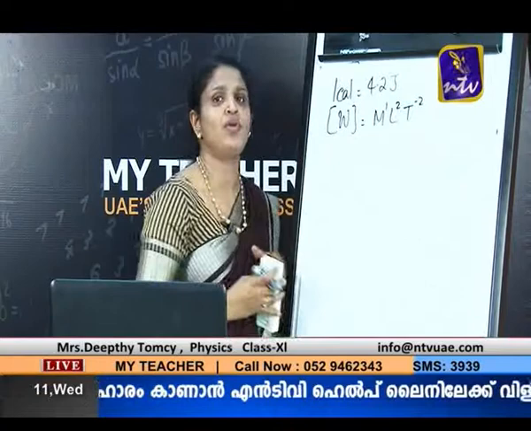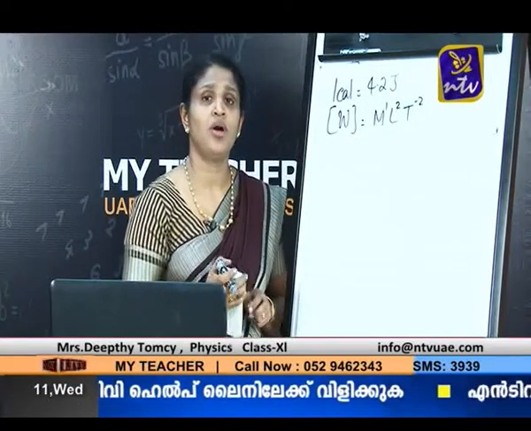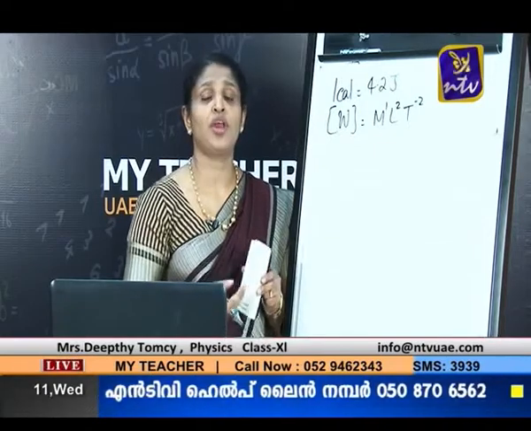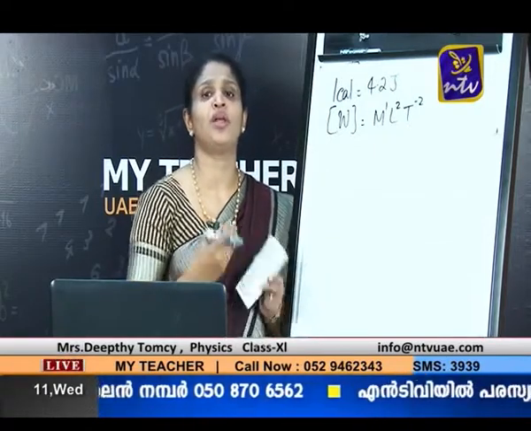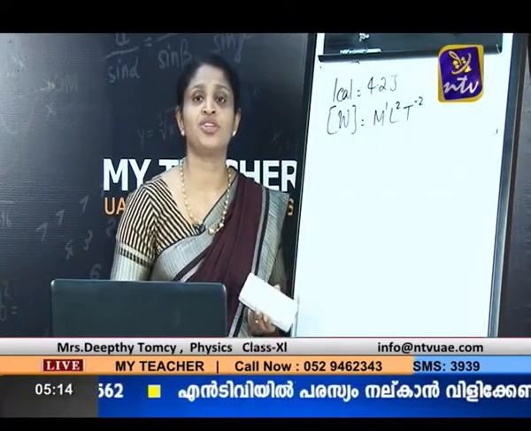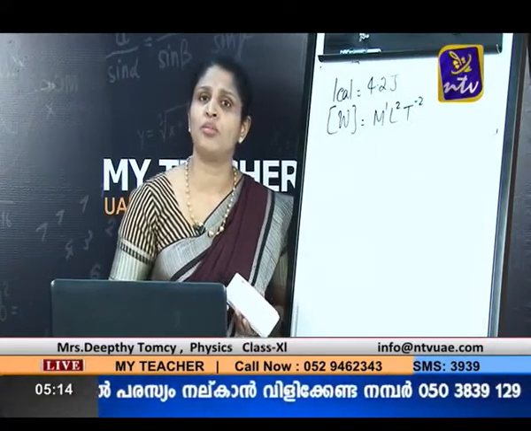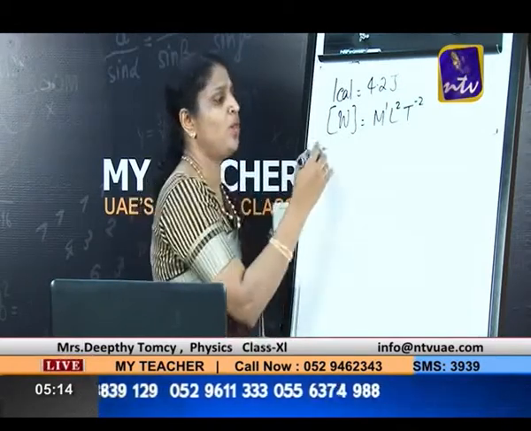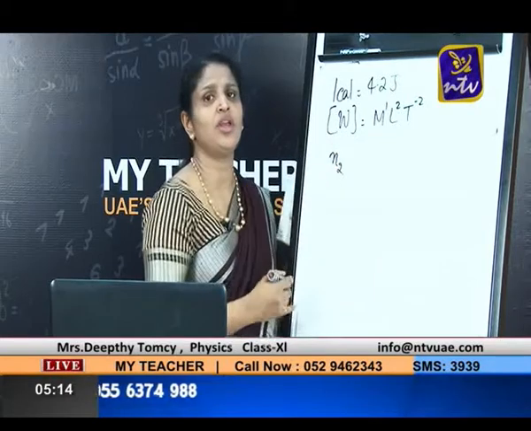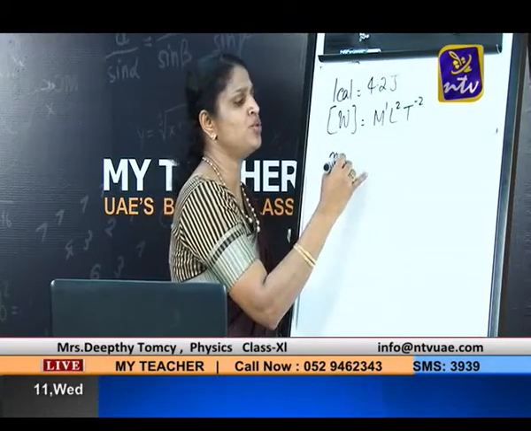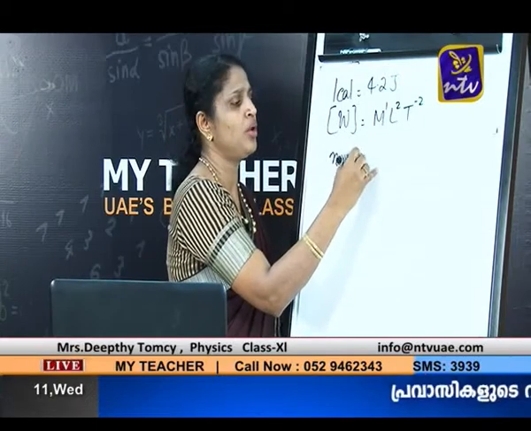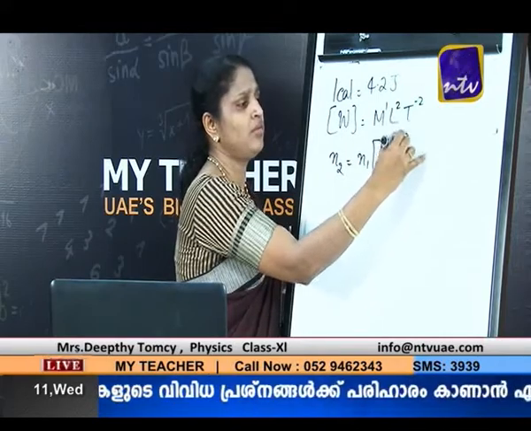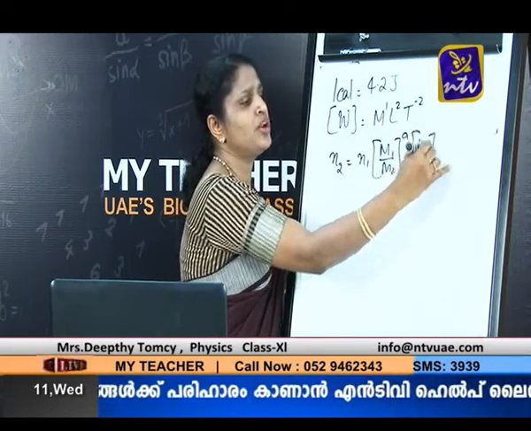According to the principle of homogeneity, the dimensions of an equation on the left hand side and right hand side should be the same. That means if you are converting from one system of units into another, the dimensions in both systems should remain the same, as they represent the same quantity. We can find the value of any physical quantity in another system by using the formula n2 is equal to n1 into (M1 by M2) the whole raised to a, (L1 by L2) the whole raised to b,